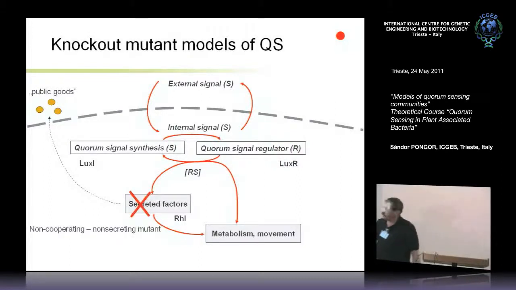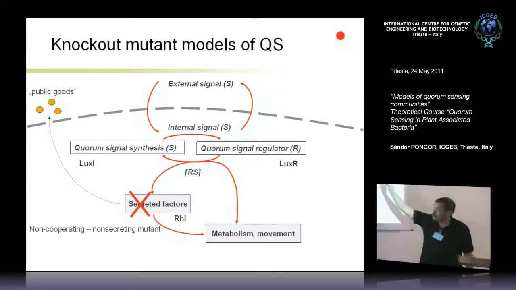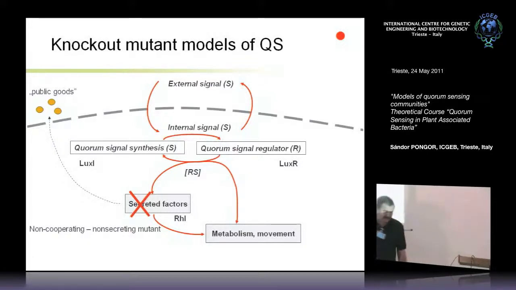And we can also make a third type of mutants which are good for these modeling studies, where we only, let's say that this is RHL now. So we only knock out one of the secreted goods. Now, what does this mean? This cell will use the entire quorum sensing machinery, only it will not secrete, it will not produce, let's say, RHL